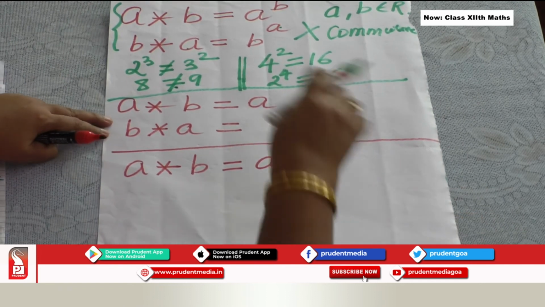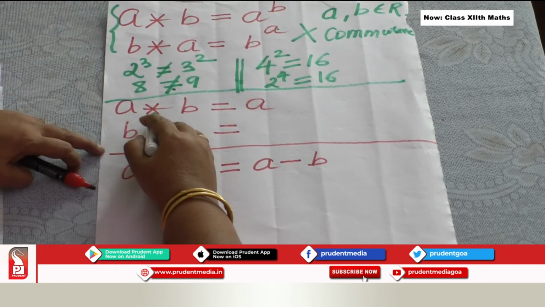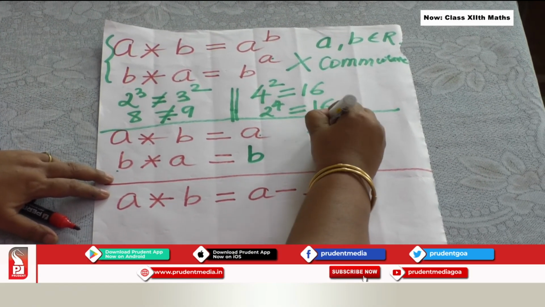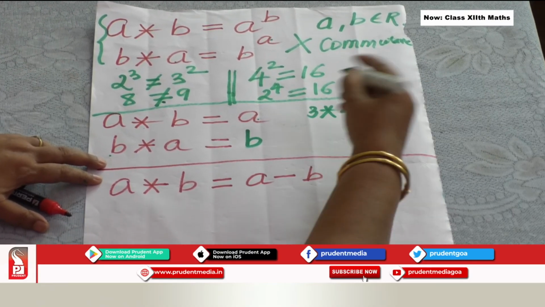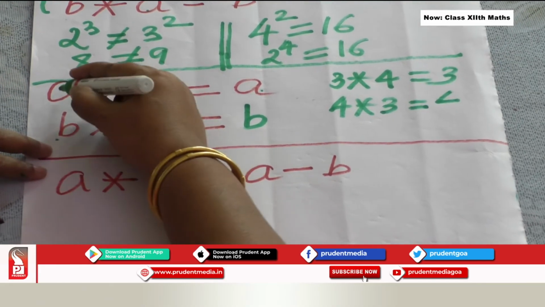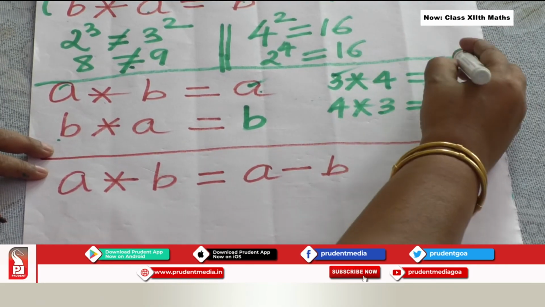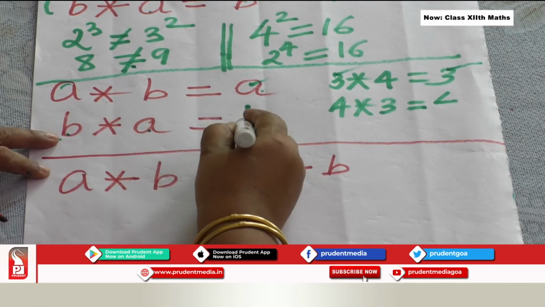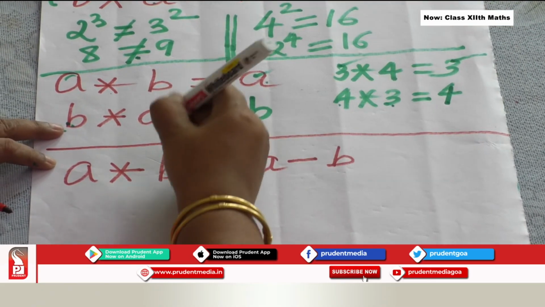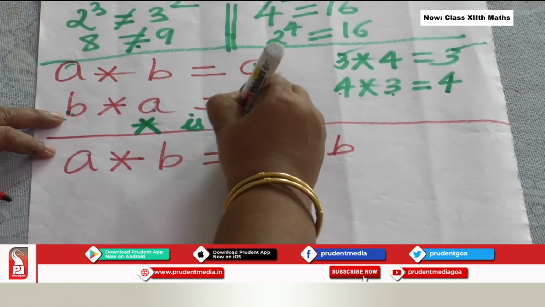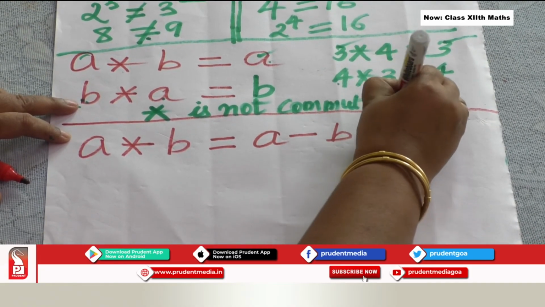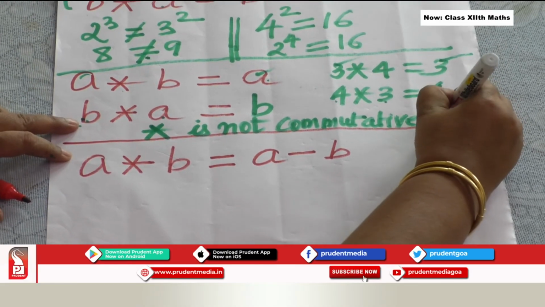Now see here, next I had taken A and B belong to real numbers. A star B is equal to A, B star A is B. Okay. For example 3 star 4 you will get 3, and 4 star 3 you will get 4, because the first element A here, A will come as the answer, so 3 will come as the answer. B star A, the first element is B here, so 4 star 3 is 4. Both the answers are not the same, therefore star is not commutative. This part is clear to you all, when it is not commutative. On which set? On the set of real numbers I had taken.